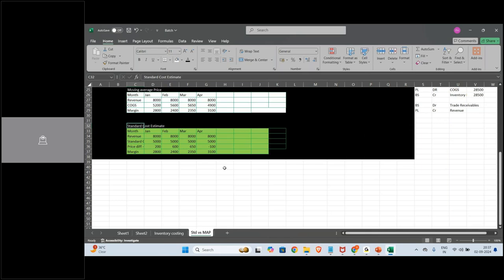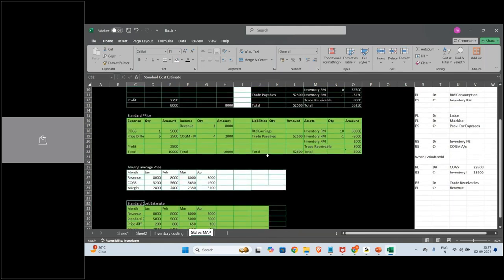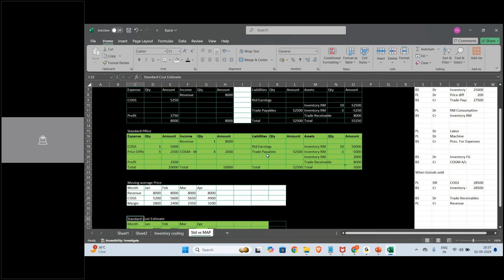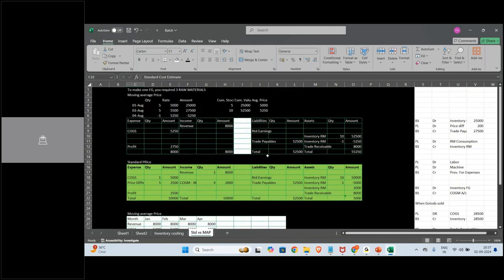Understood? So Rajan, on the previous slide we got a variance of rupees 2000, which you adjusted on the balance sheet side in the previous working. From this COGM 2000, will we be changing our standard price, or will it be shown as price difference raw material in the balance sheet? This 2000 on account of price difference we got, for the remaining four quantities. So what will be the correct treatment of this one?